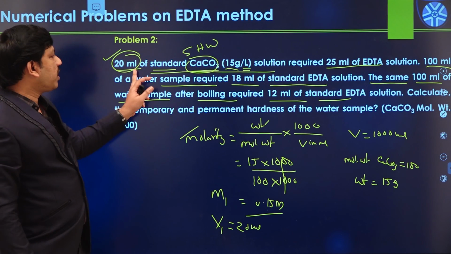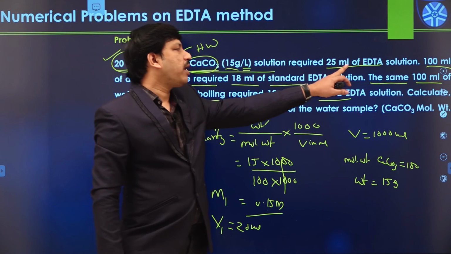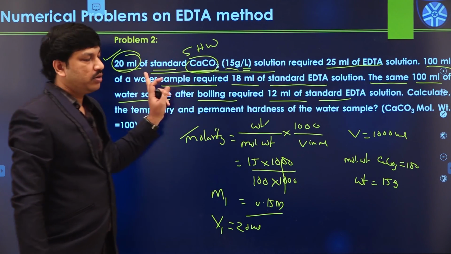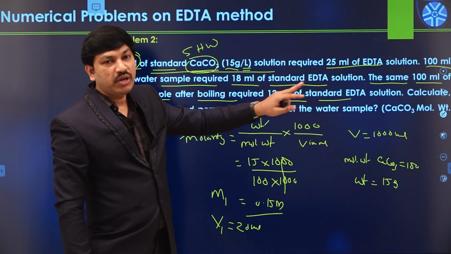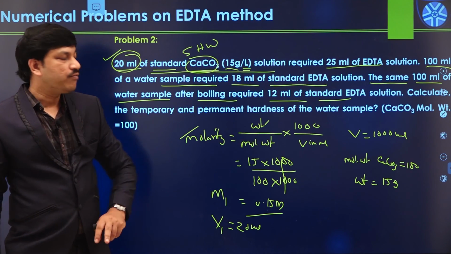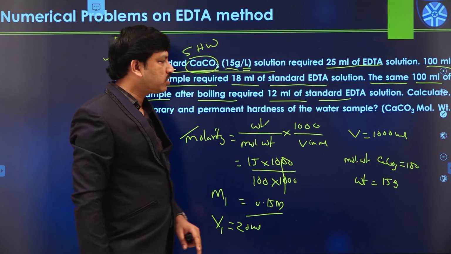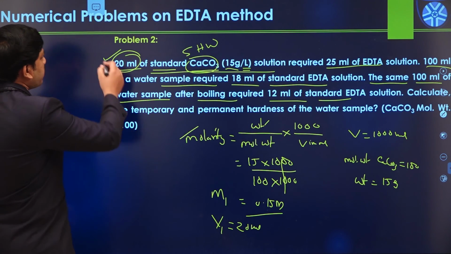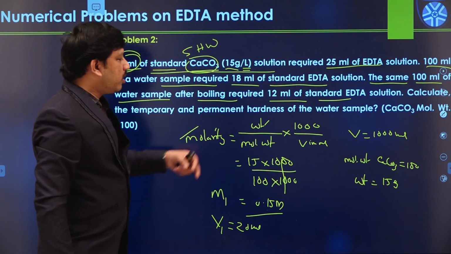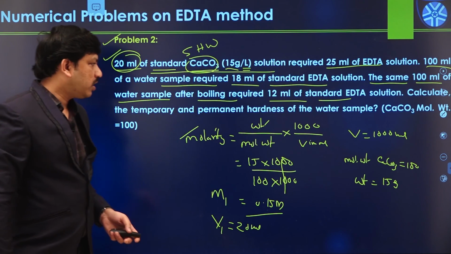So like this we have the M1, V1 values. Now we have to calculate the M2, V2 value from the first statement. After that we have to calculate the M3 value. After that we have to calculate the M4 value. So finally you will get all the values in this case. So this is one of the problems. Please try this problem and we will see the answers in a later session.